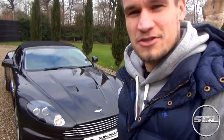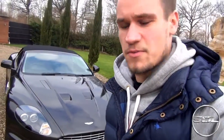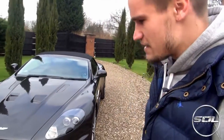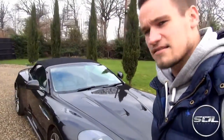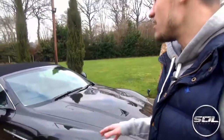Hey guys, welcome to Supercars of London, and I'm here with Supercar Experiences and their Aston Martin DBS Volante, and today I've been given special access to get behind the driver's wheel of this incredible car. The Aston Martin DBS has got a huge V12 engine and it is in a stunning dark grey, and as you can see it's the Volante, the convertible with the fantastic optional extra rims, and I'm really excited to drive